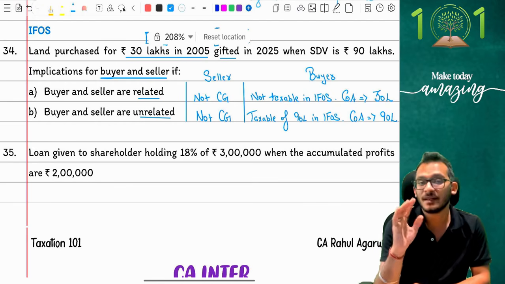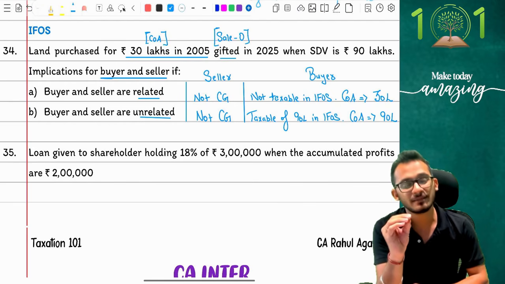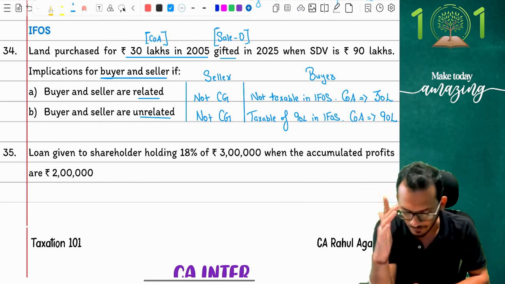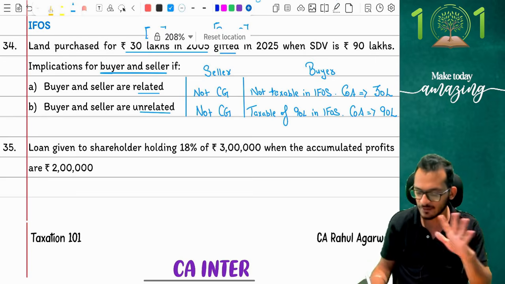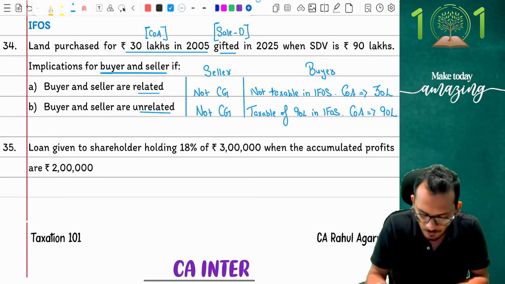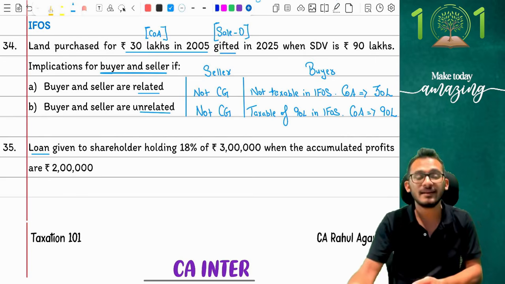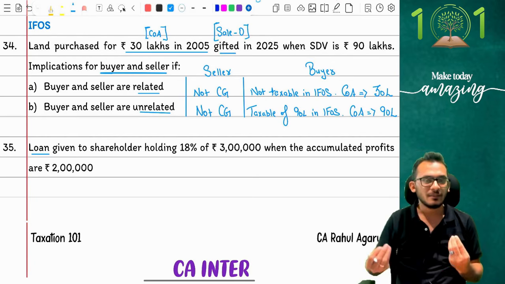Perfect. I'm at adjustment number 35. From here, I think things should become simple. So let's look at this very, very quickly. First, it says loans are given to shareholder holding 18% of 3 lakh rupees and the accumulated profit is 2 lakhs. One adjustment which students generally don't tend to do anything in examination, because the first thing they look at